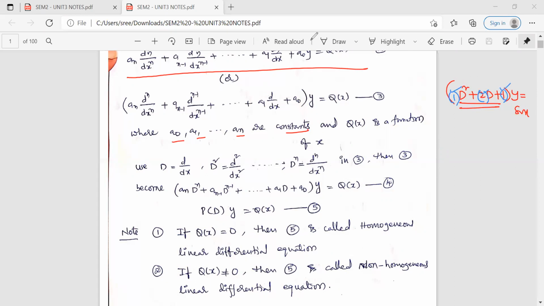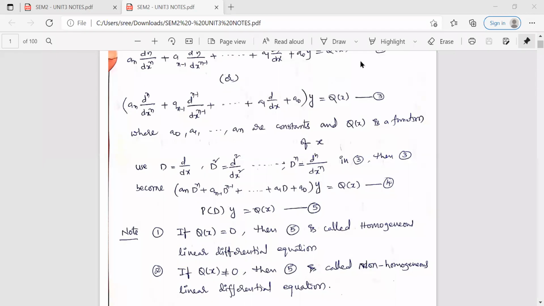If the given equation is a higher order linear differential equation with non-constant coefficients, the equation is like d square by dx square plus 2x plus 1 into d plus some x into y, like this. If the given equation is like this, we say higher order linear differential equations with non-constant coefficients. If the differential equation is like the earlier one, we say higher order linear differential equations with constant coefficients. Now our topic is only on constant coefficients. Already we learned this one. See here.